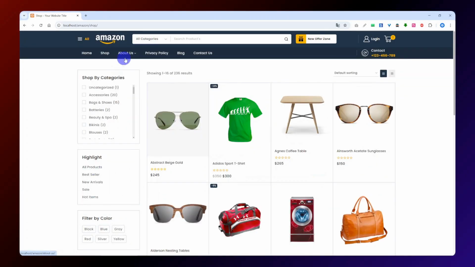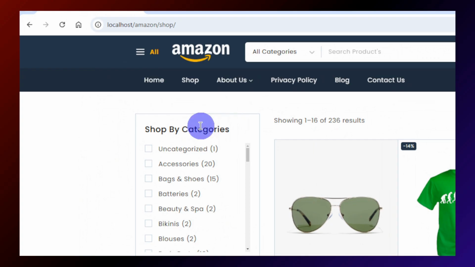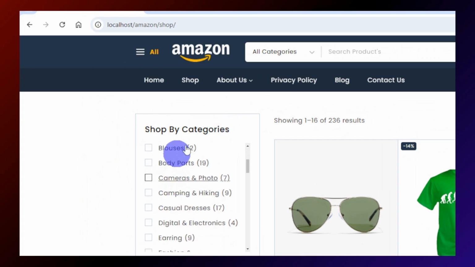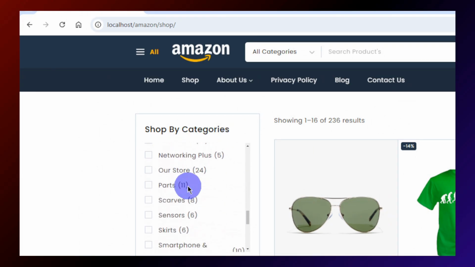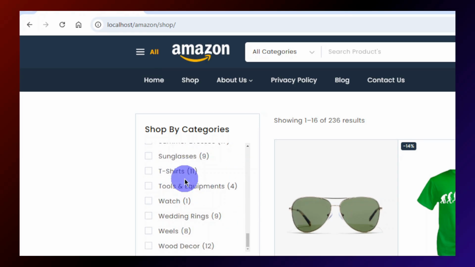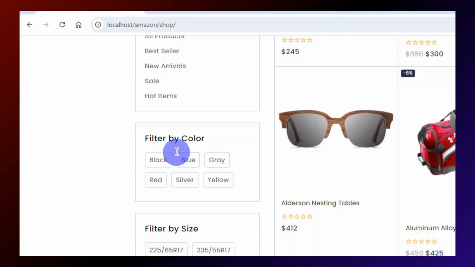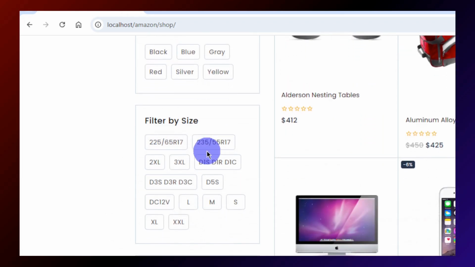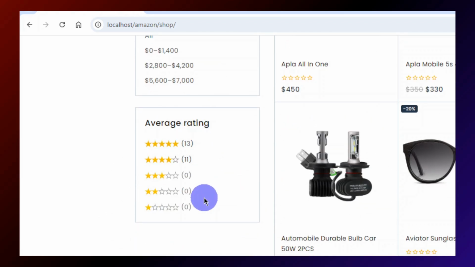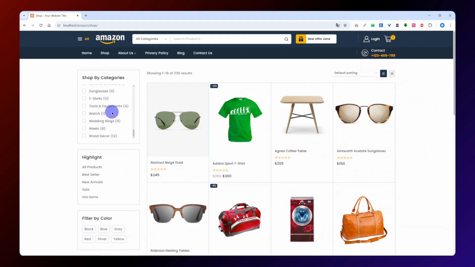be listed. You can see that we have come to the shop page and it shows all the product categories here. That means that your products will show here in the categories they belong to. There are also options here such as filter size, rating options, and by default, each product is shown in a